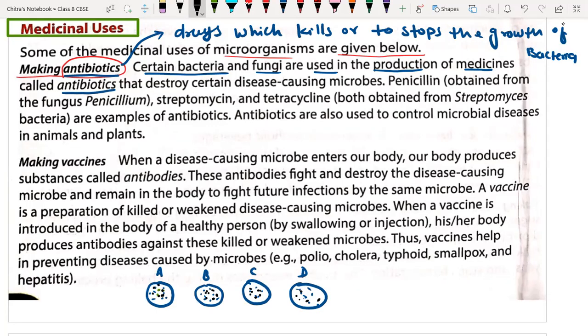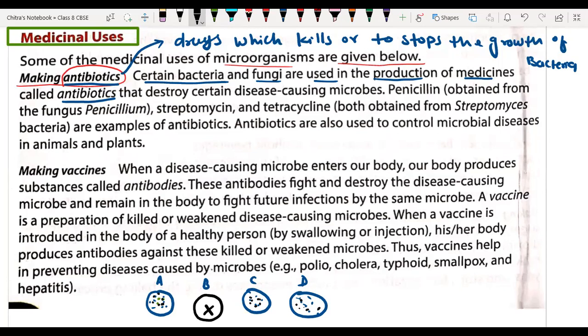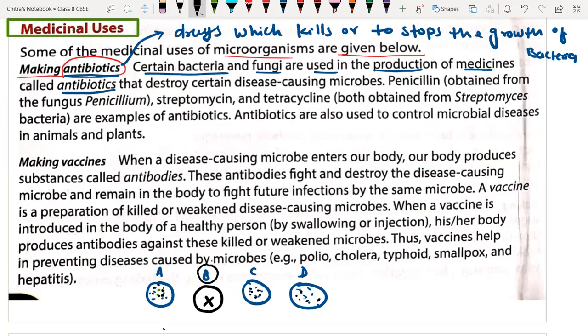He used to observe those petri dishes every day before going to work. One day he found that in one of the petri dishes in his lab, the nutrient medium having those microorganisms was cleaned, meaning there was no bacteria there. He wondered why the bacteria he used to grow on that petri dish got killed automatically. So he observed petri dish B, and he found that one fungus called penicillium